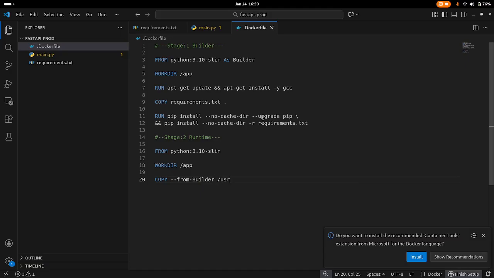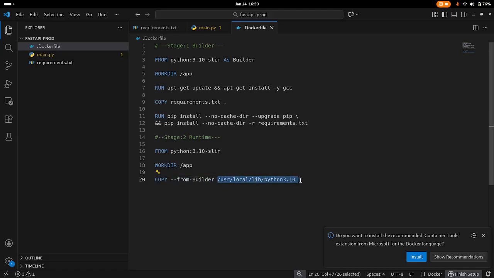The location will be /usr/local/lib/python3.10, and the